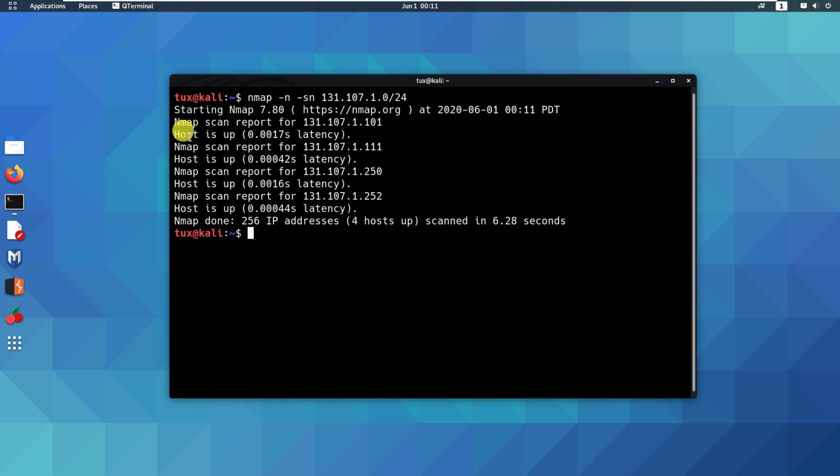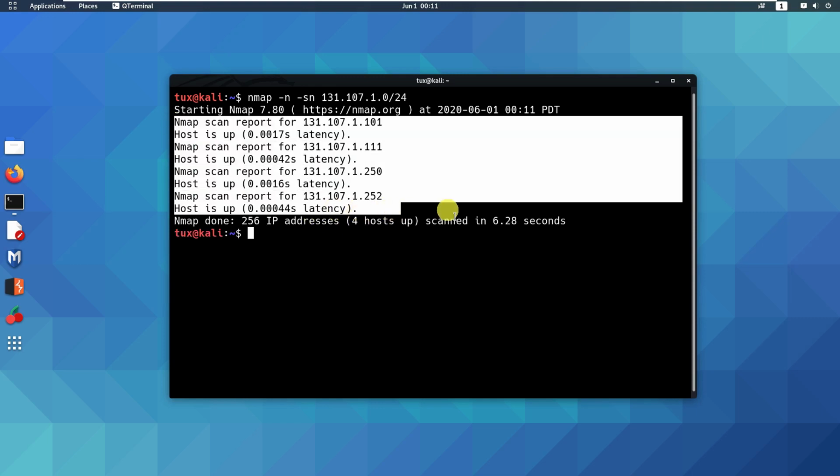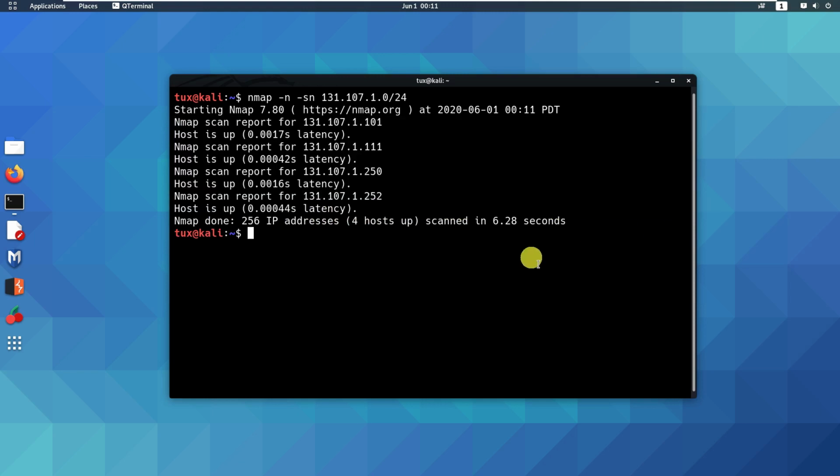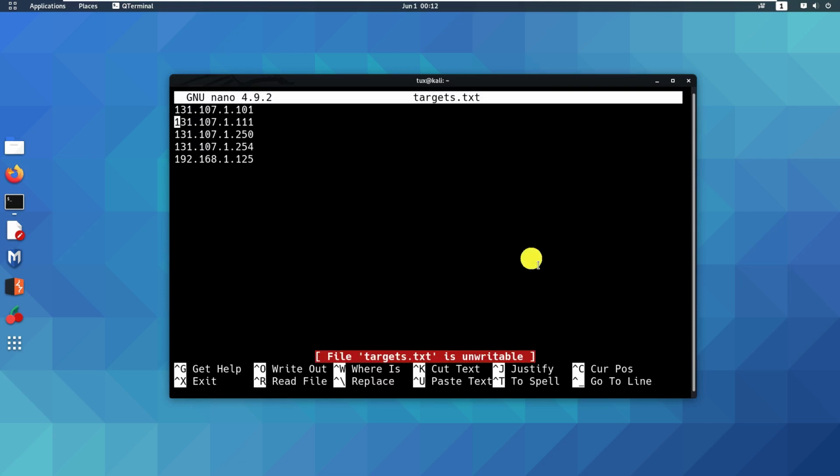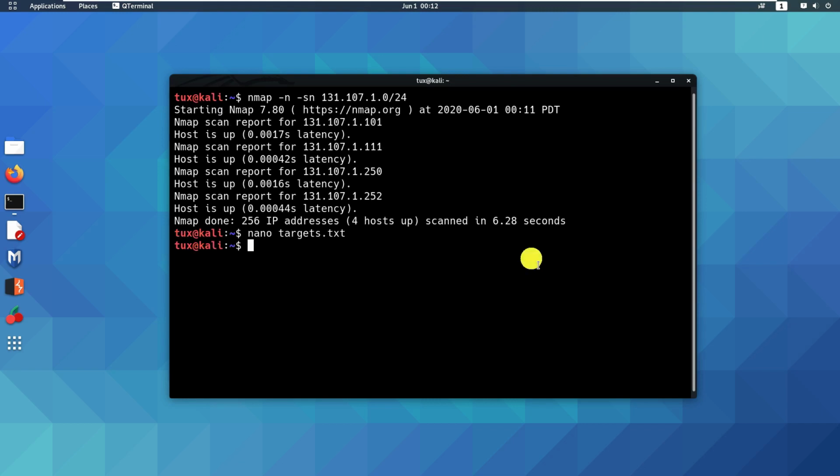Okay, so we got live IP addresses, or live hosts. Now the next thing to do is to copy this into our targets. So sudo nano targets. I have this one. All right, and then let me check. Let me try to also search for 192.168.1.0/24,